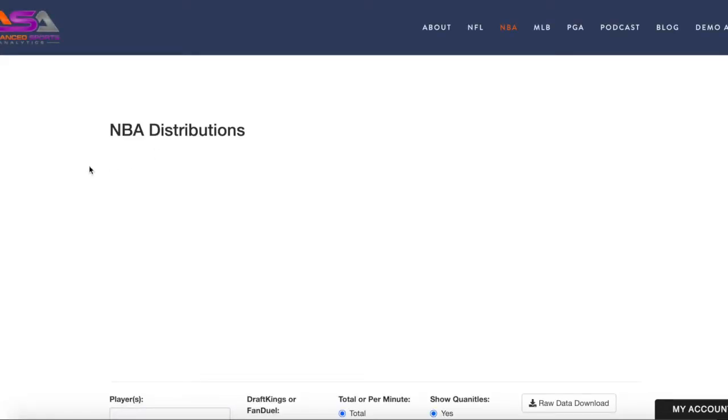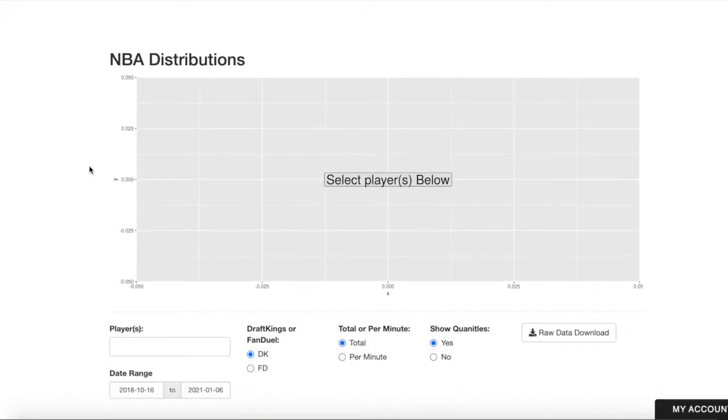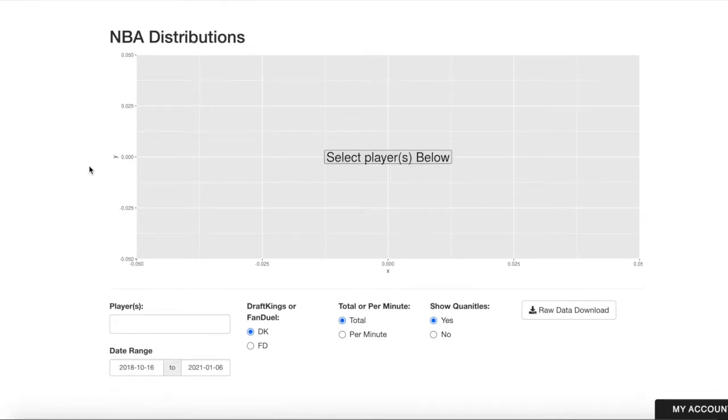In this video, we're going to be covering our player distributions application, a fairly simple and straightforward app, just for viewing players' range of outcomes. It can be valuable in understanding, independent of some kind of matchup specific and roster, active or inactivity, just how players compare to one another from a median standpoint, but also range of possible